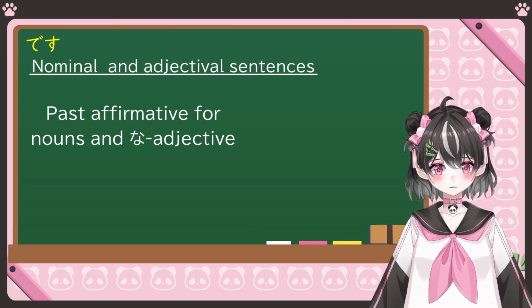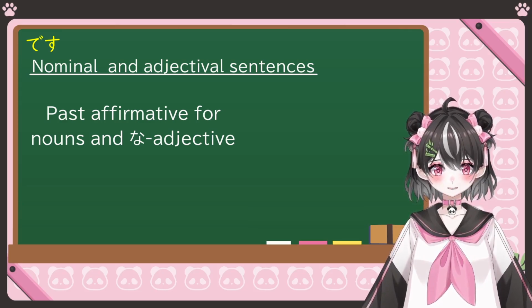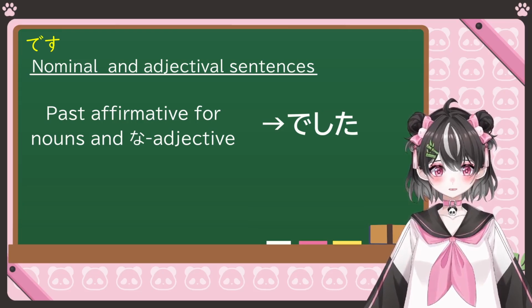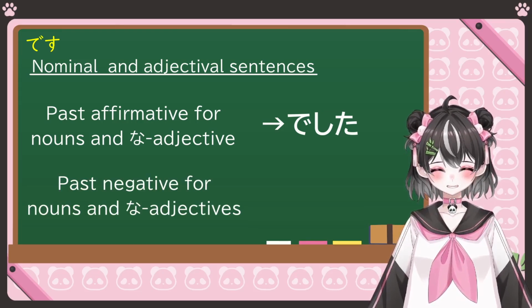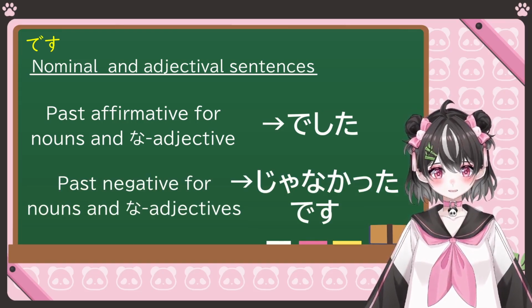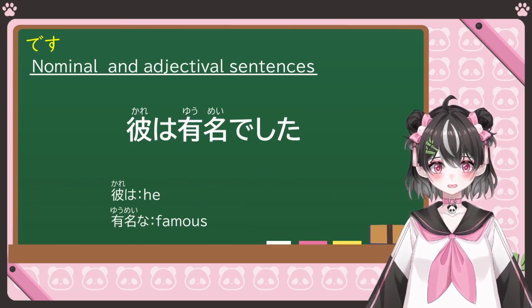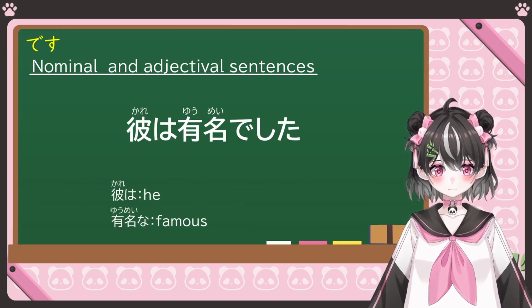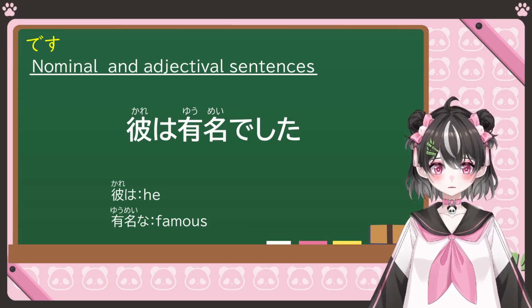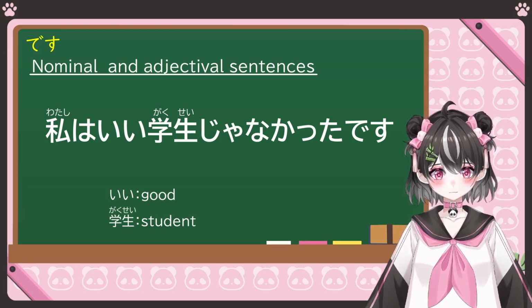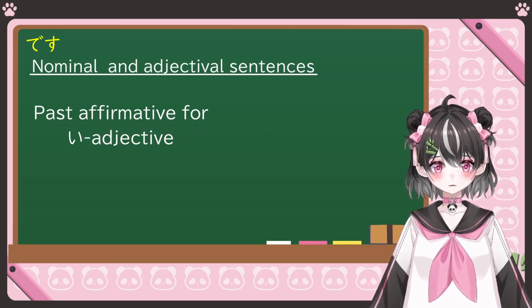The past affirmative form for nouns and な adjectives is でした。And the past negative form is じゃなかったです。For example, 彼は有名でした。私はいい学生じゃなかったです。